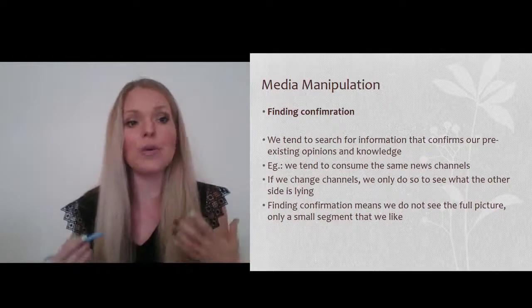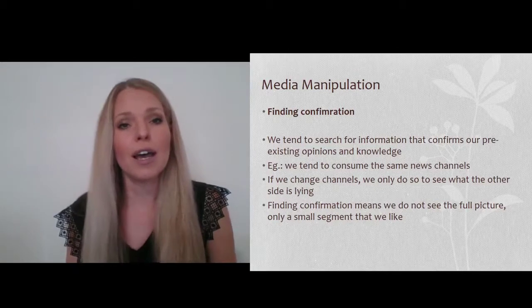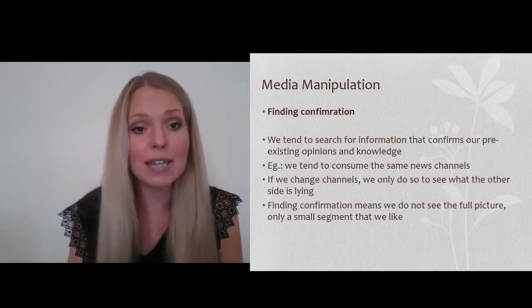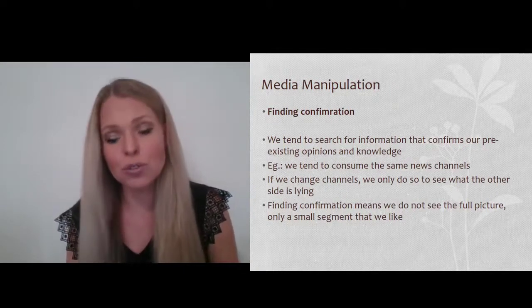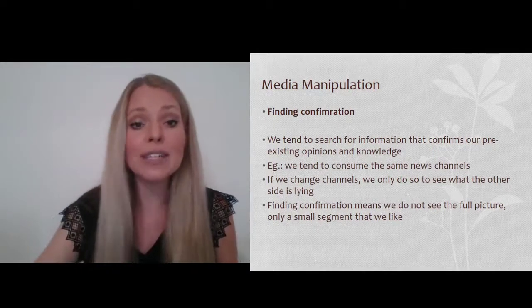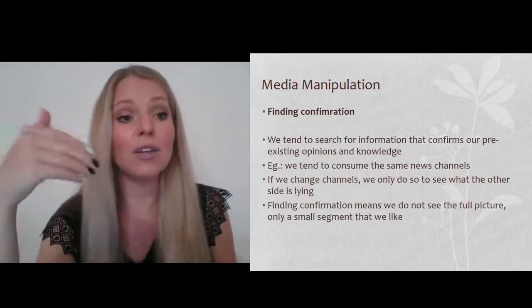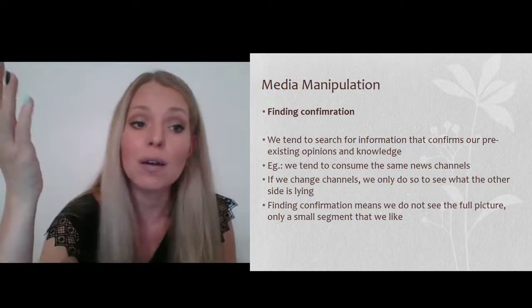We tend to follow one channel which we find trustworthy and really good and according to our taste. If we change channels, we only do so to see what the other side is lying about. Finding confirmation is something we keep mentioning, that your pre-existing knowledge is held onto and